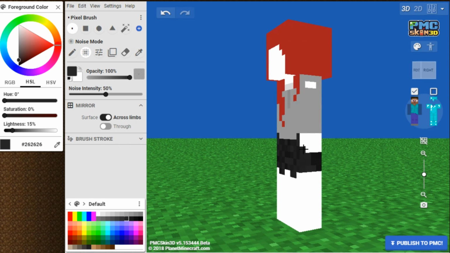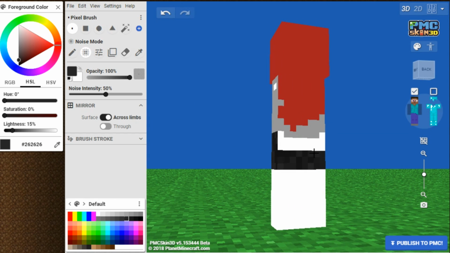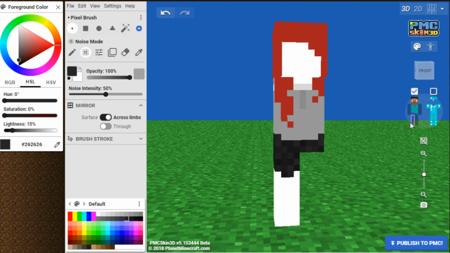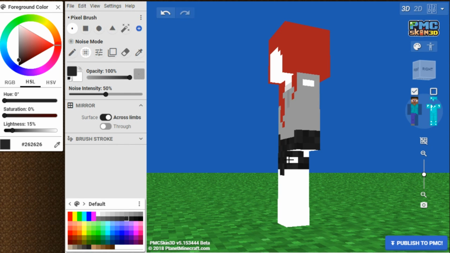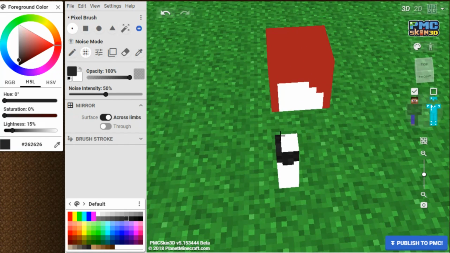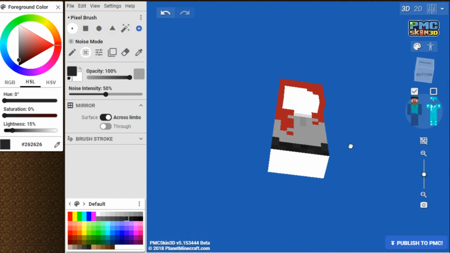It is not completely straight at the bottom. I like giving my stuff a little bit more style and roundness. And there we go. I'm going to fill in the blank areas where it's connected by deselecting one of the legs and filling in the white areas on the other leg. And I'm going to do the same with the bottom of the body right here.